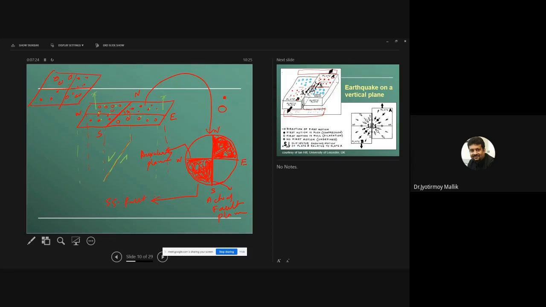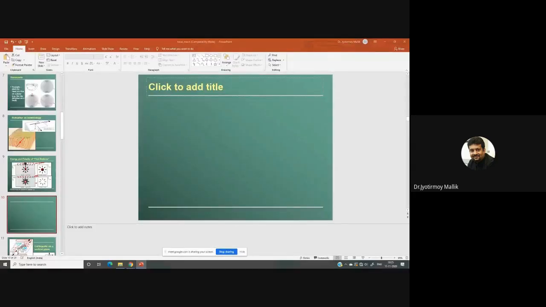Now, the strike slip fault could have an orientation. It could be north-south or it could be east-west. Now, tell me if you have understood this. If not, then I am happy to explain again, because we are going to get into a bit more complicated stuff with normal fault and reverse fault.